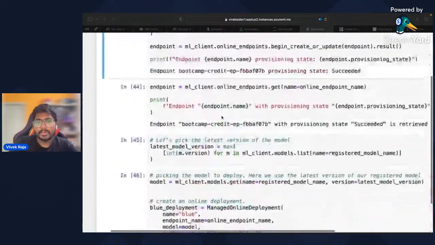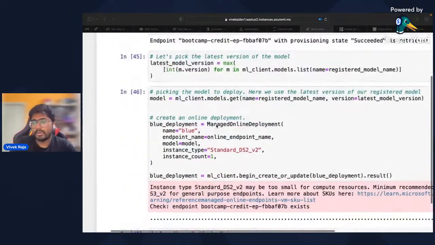Coming to the managed online endpoint, what is the case of managed online deployment? It takes care of the compute, the infrastructure, the scaling and everything. I asked one question in the beginning of this bootcamp when we were discussing this managed endpoint: does it require a scoring script?